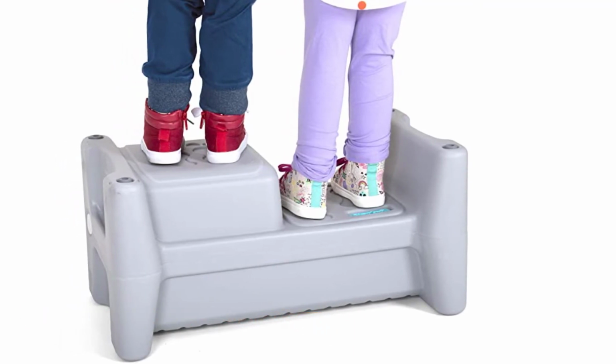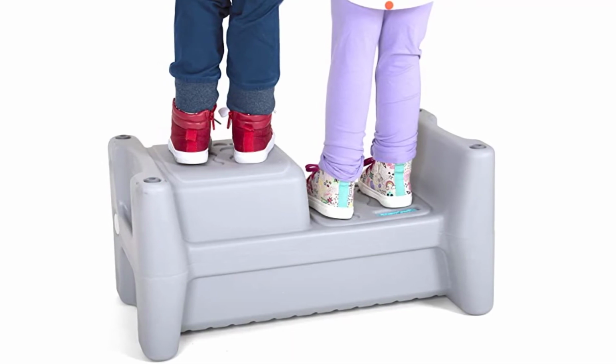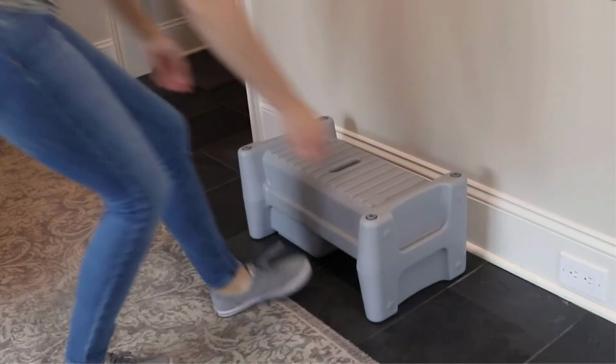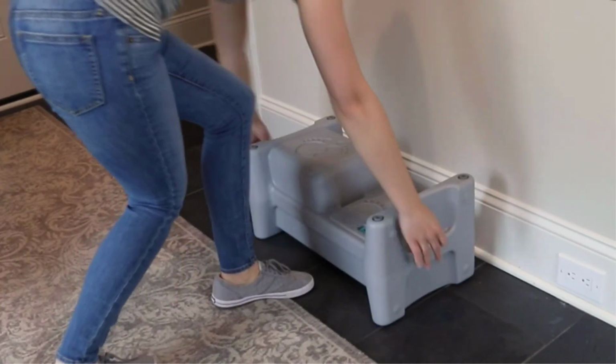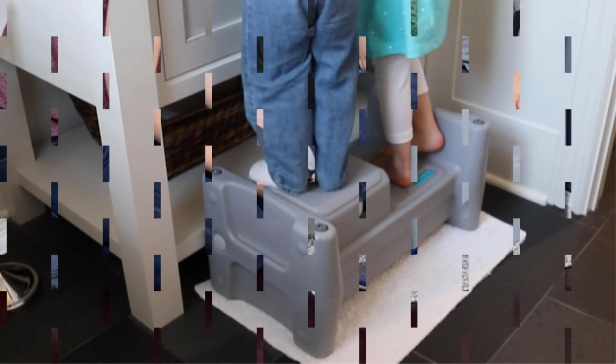On one side, it combines an elevated step and a low step. Flip it over, and it becomes a long, same-level step. This stool is plastic and does not feature slip-resistant rubber. Instead, it has a textured surface. With a weight limit of 300 pounds, use this stool as a flat bench for parents next to the tub,